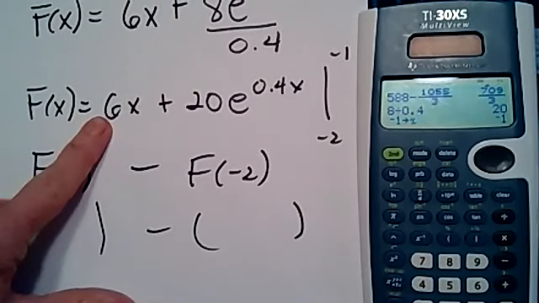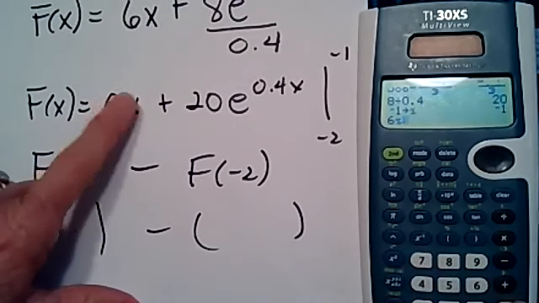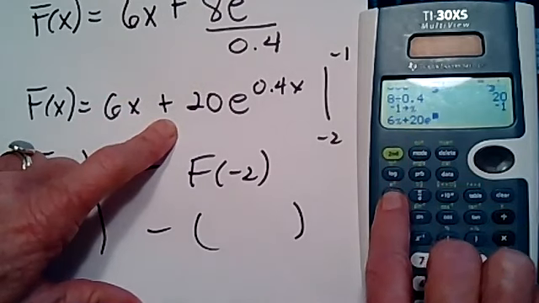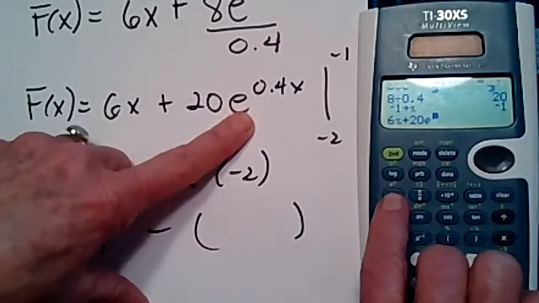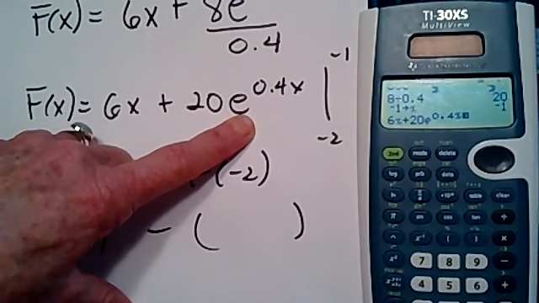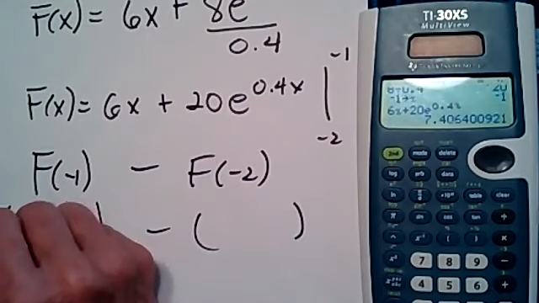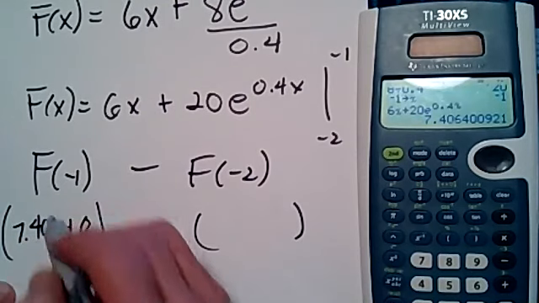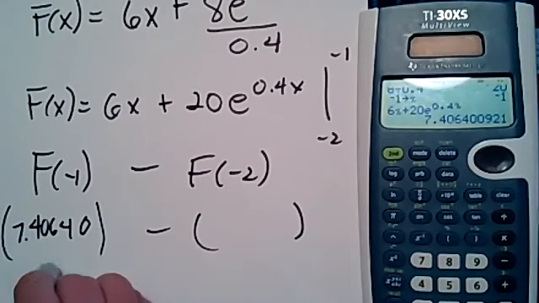Okay, I'm going to type in my antiderivative, 6x plus 20, second function ln, and it gives you e to the blinking, 0.4x. Enter, and I write in 7.40640. It says round to the nearest thousandth,